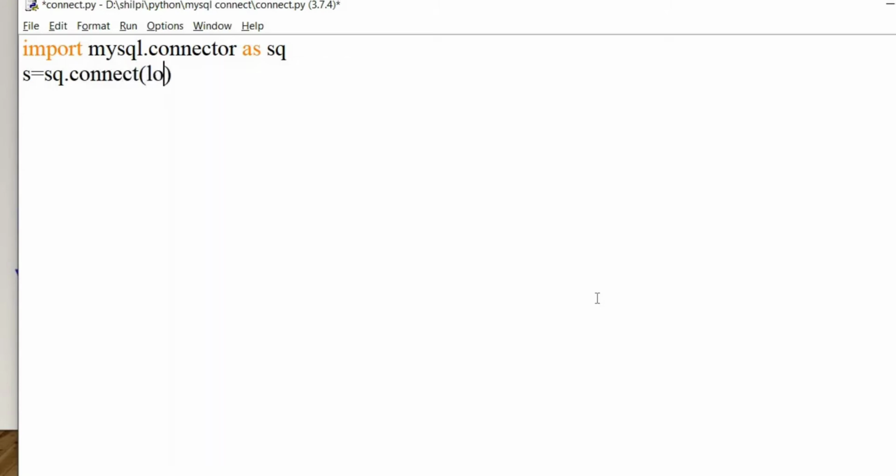So first of all, how we are going to write it? Suppose S is first, I'll write, and then I'll explain each and everything. sq.connect, and then host is equal to localhost, then user is equal to root, password is equal to root, then database is equal to Shilpi.